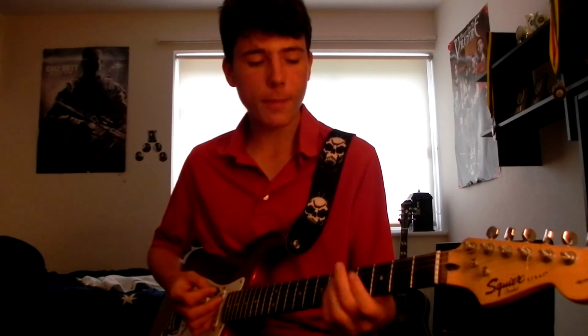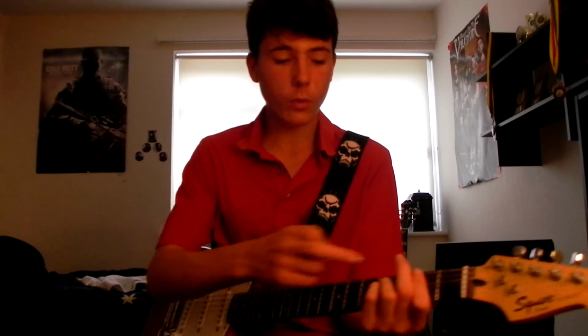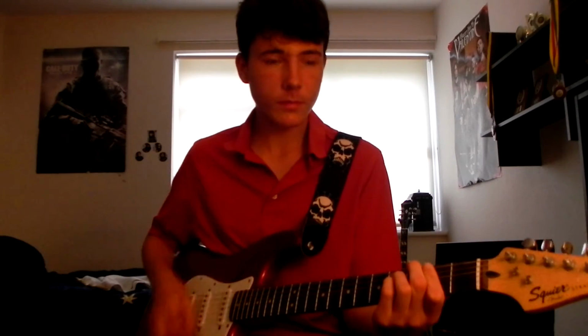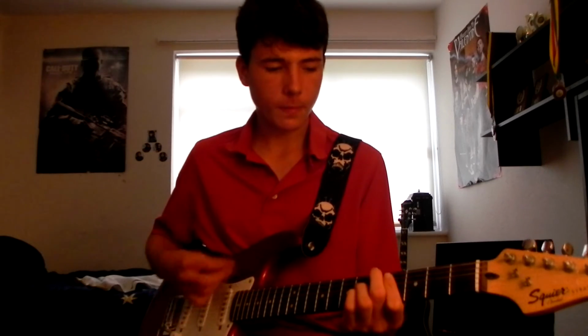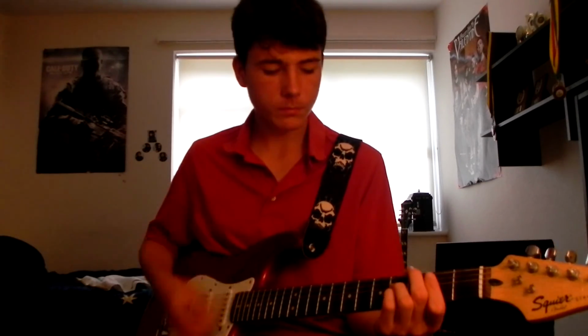And then to the F sharp, where your first finger is placed on the 2nd fret of the E string, still with these two fingers in place. And then up to the C sharp, which is your first finger on the 4th fret of the A string. Okay, so those power chords were...